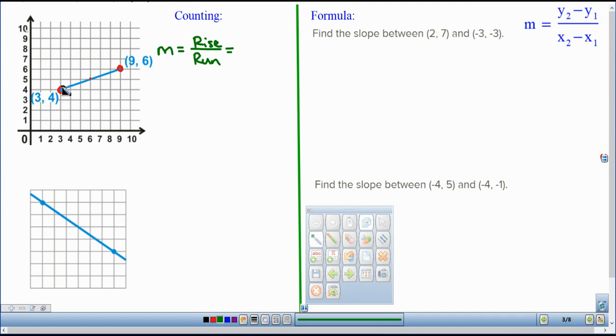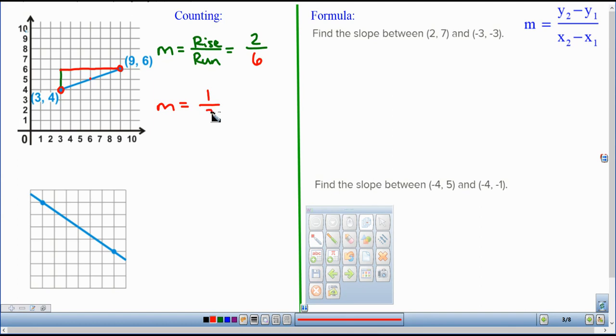So since we're at this point and I'm trying to get to the same height as that point, I would just go up. It looks like 2 units. And then I would do my run from that to 1, 2, 3, 4, 5, 6 to here. That was a 6. And so my slope is 2 over 6,